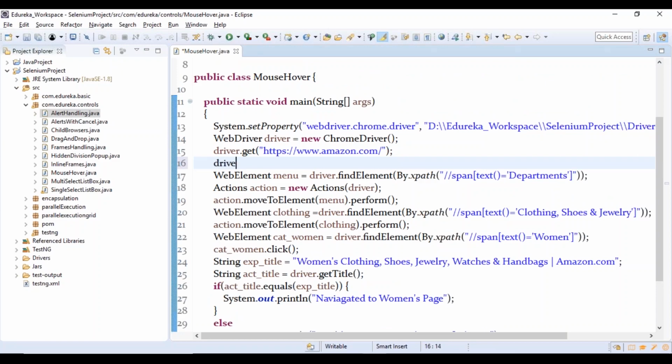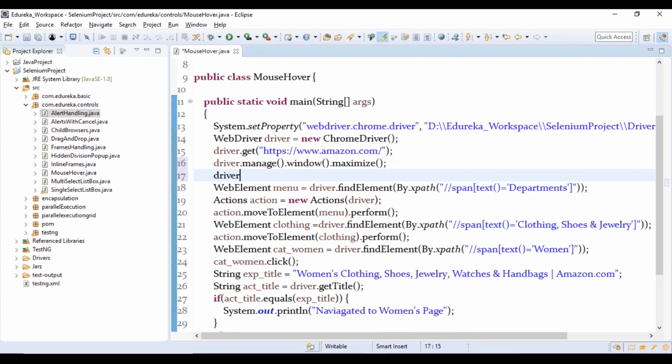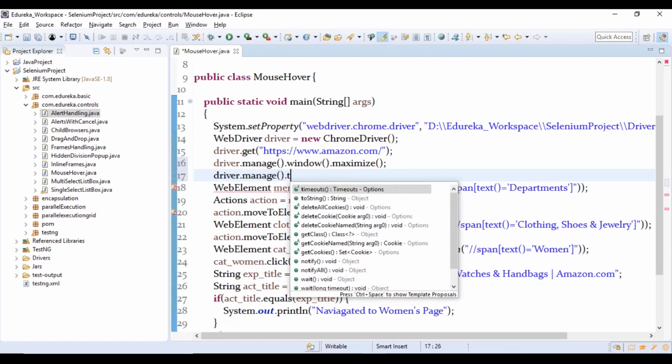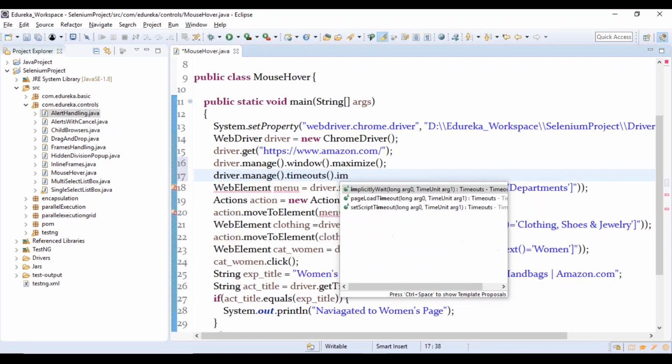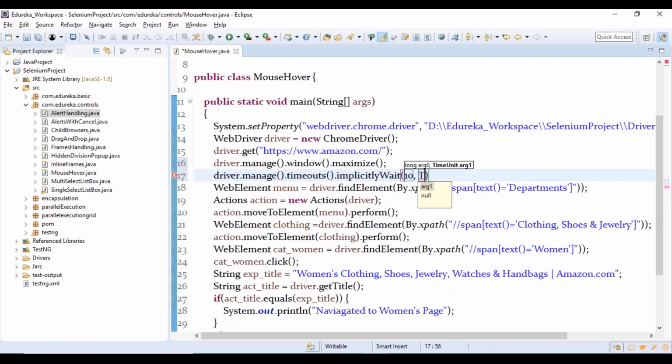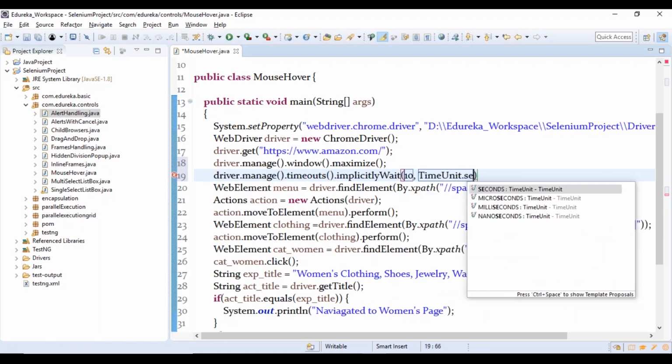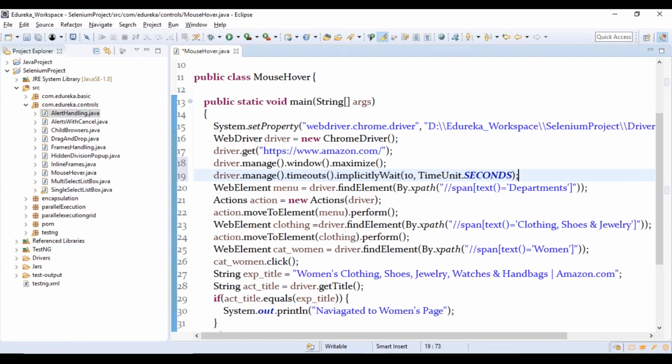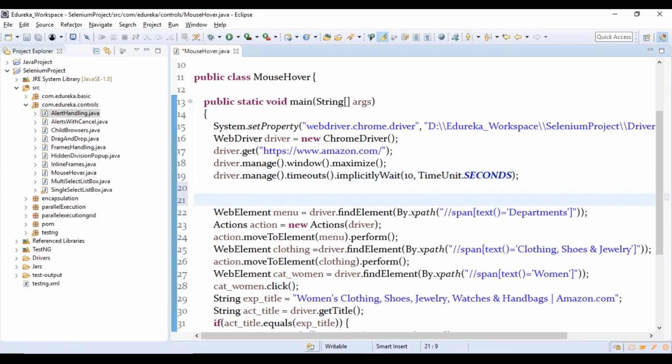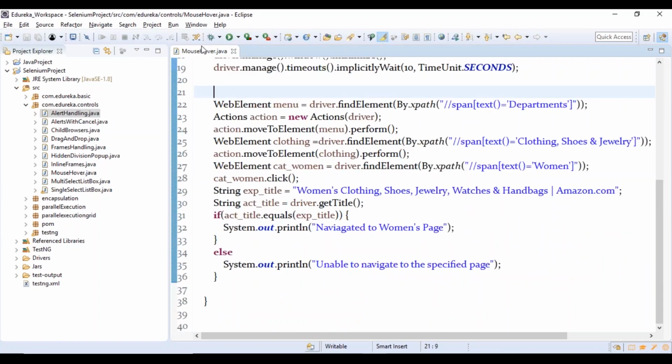So I use driver.manage().window().maximize to maximize it, and then I manage the timeouts as well: driver.manage().timeouts().implicitlyWait, and I give 10 seconds. So this is how I'm going to work. After this starts our actual testing. Let me run this and see whether it works or not.